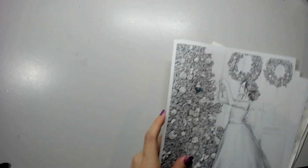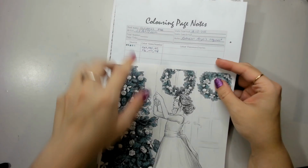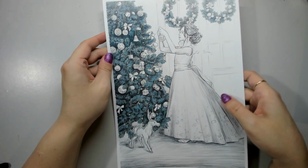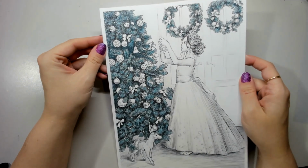Alright, I have, oh my gosh, let's pick up these smaller ones. So I have 2 copies of this image here, and this is by, I did write it there, Lovatts Dreams, and this one was actually gifted to me by one of my patrons who went out and grabbed a copy of it for me